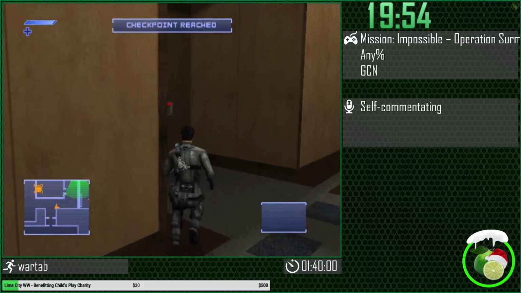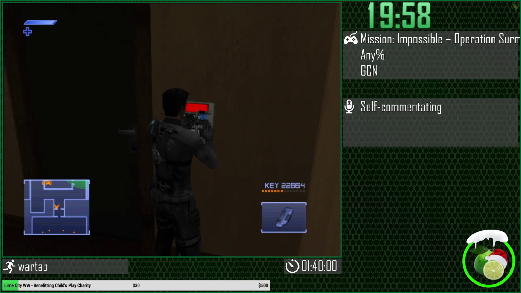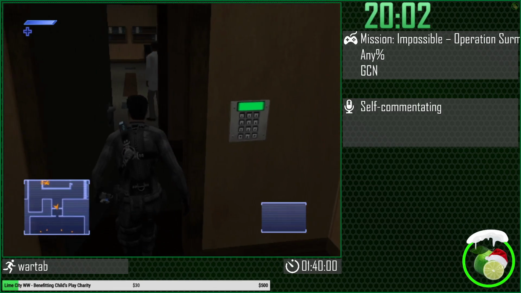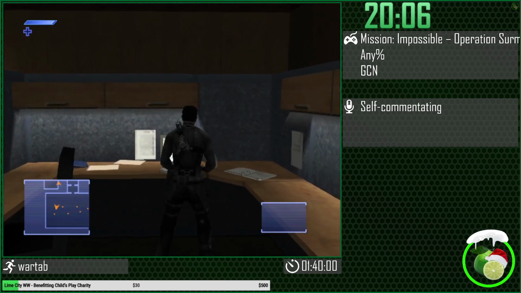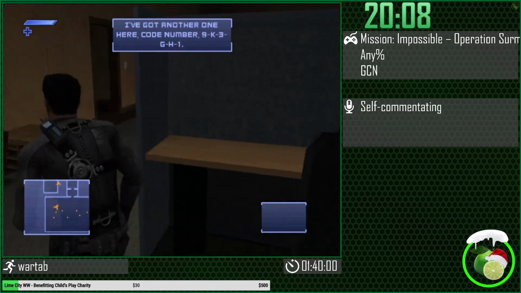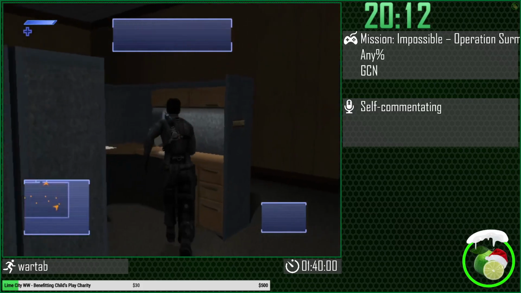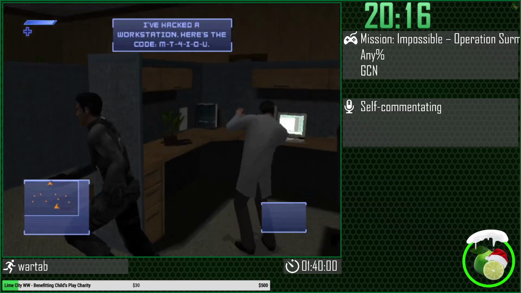Alright, now we have to find 4 codes to enter into a PC in the room that we just left. So I'm gonna go here because I actually happen to know where the codes are. Skipping the animation by punching the PC. Yeah, this is...